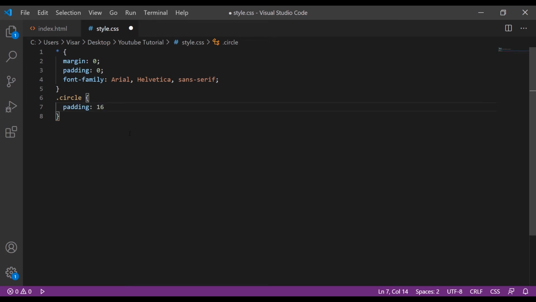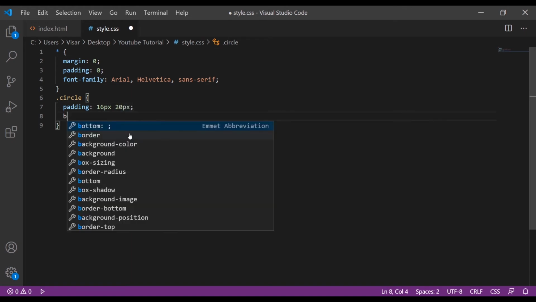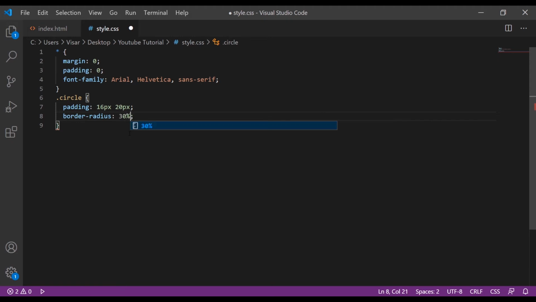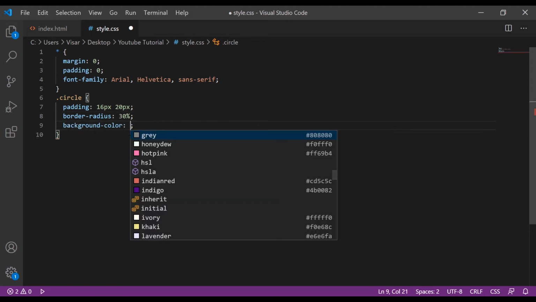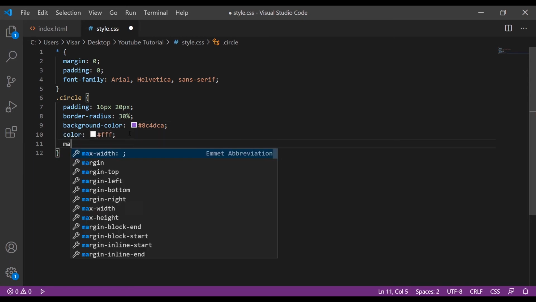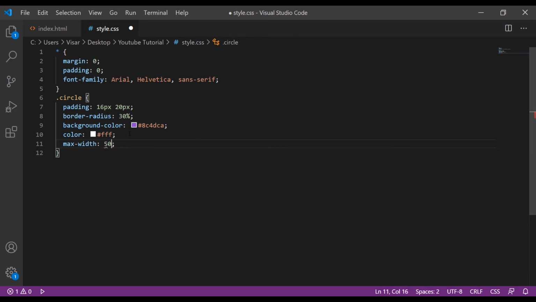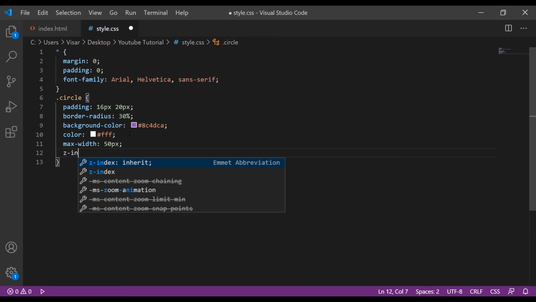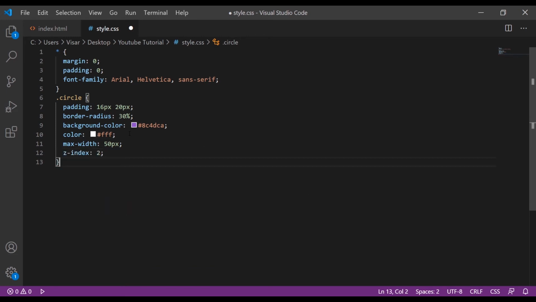That's going to be the box with the curves. Just give padding of 16 pixels, 20 pixels. Border radius of 30%. Give background color of this one, 8C5DCA. Color will be white. And the max height of 50 pixels. And z-index 2, so it's going to stay on top.